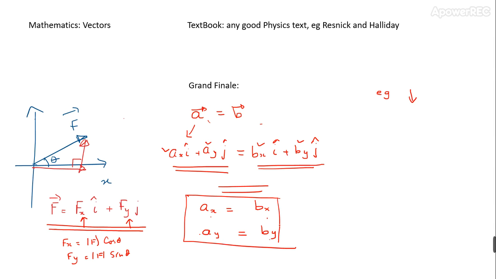Now if you apply our result to our most famous problem, Newton's law says that a vector f is equal to mass into a vector a. Now the step is, you can resolve f into two components, and you can in fact resolve any vector you like into two components, and if you do the same thing here to a, you will end up with max i plus may j, and max is a scalar, may is a scalar, fy is a scalar, fx is a scalar, and if these two vectors are equal,